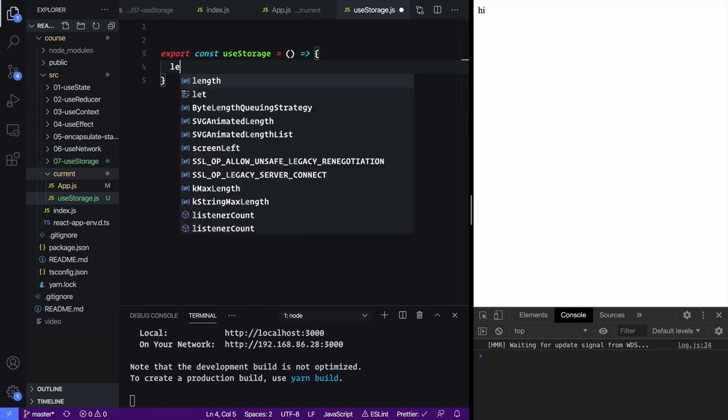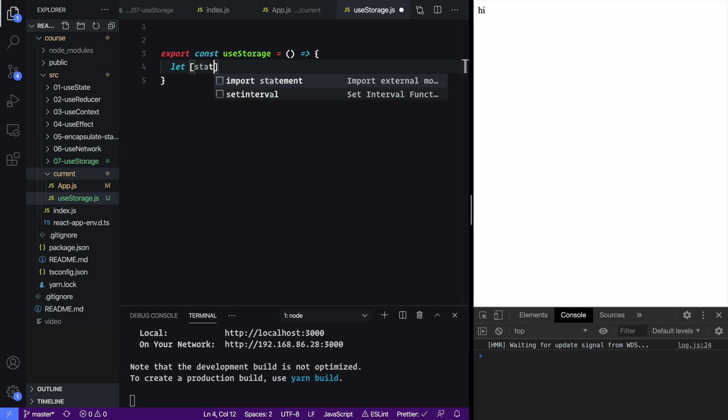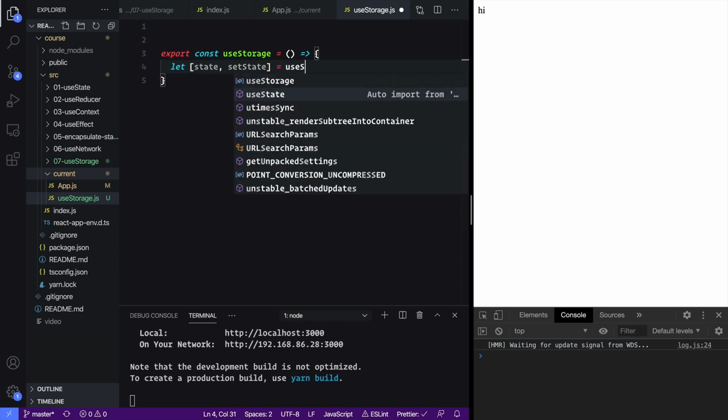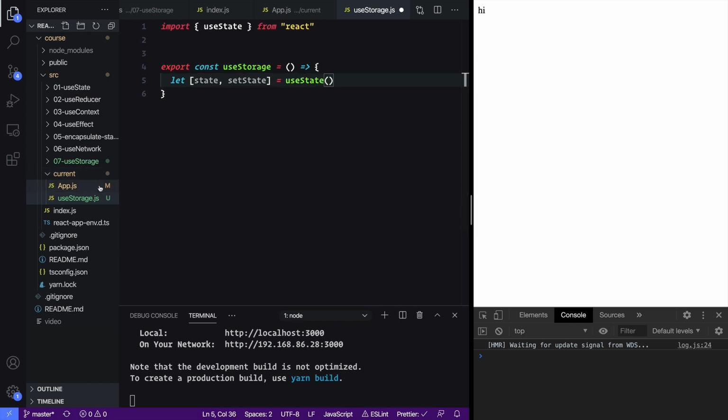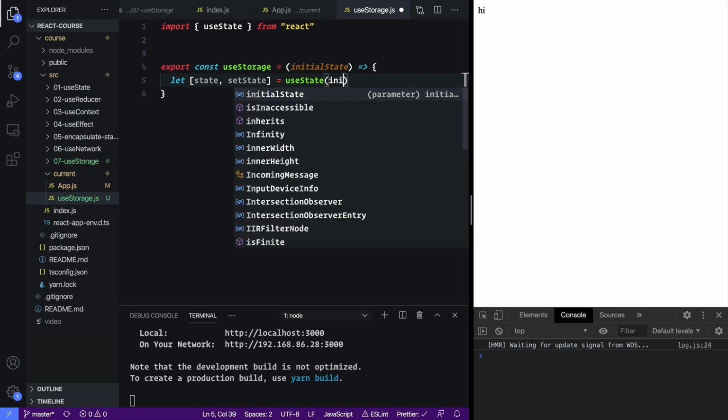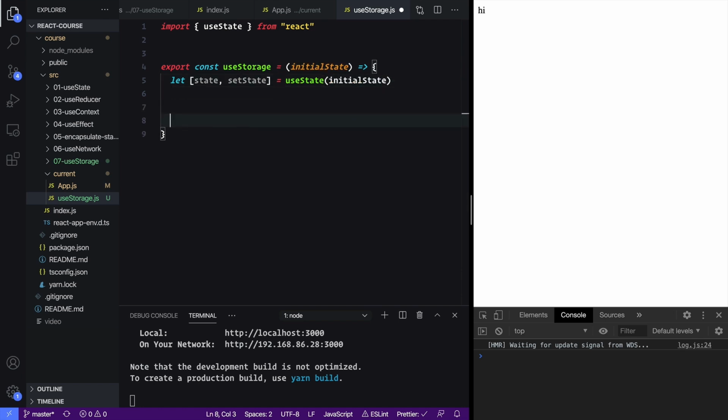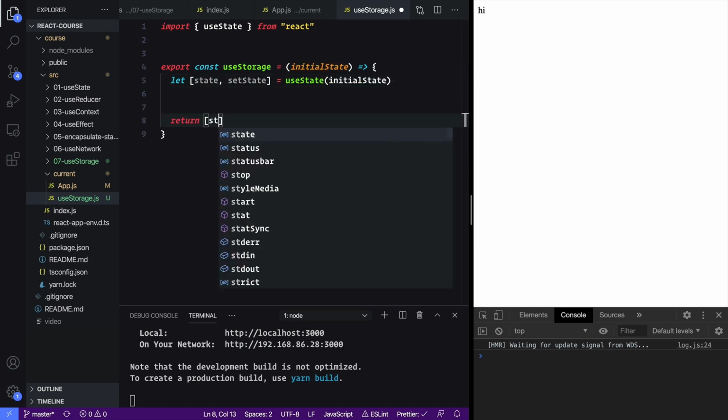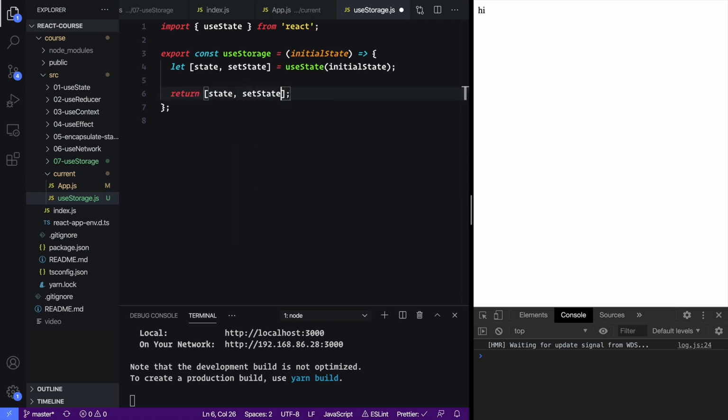And then we'll put a useState in here. And we'll just call it state and set state since it's generic. Let's take an initial state from this hook so that it mimics the useState API, and let's pass it into here. And then down below, let's return state and set state. So right now we're really just passing through the useState hook, but let's just hook it up in our app.js